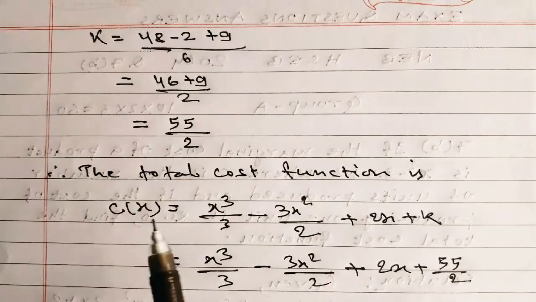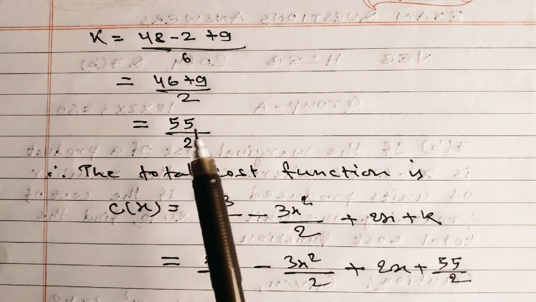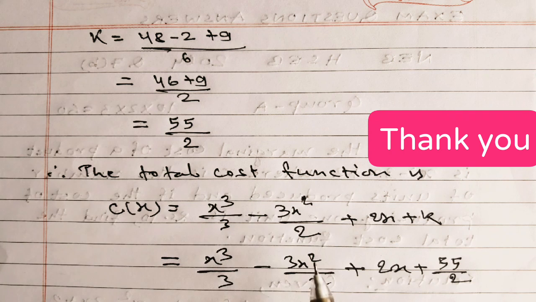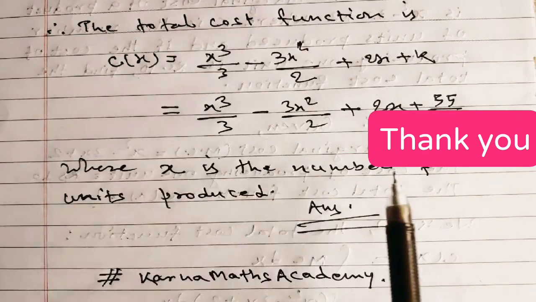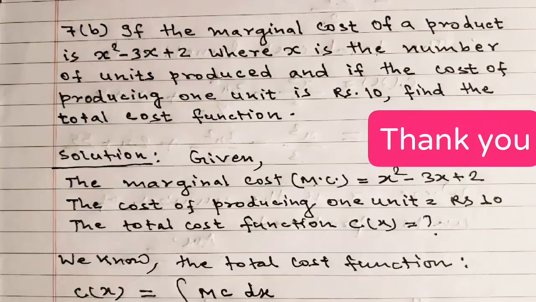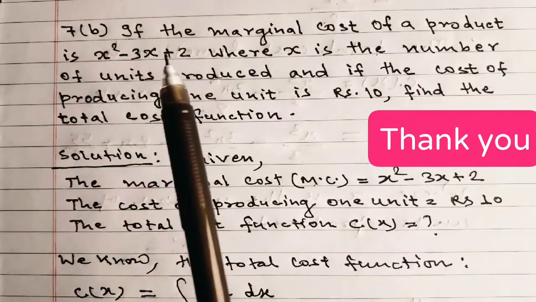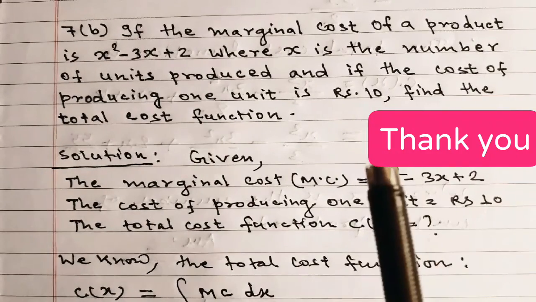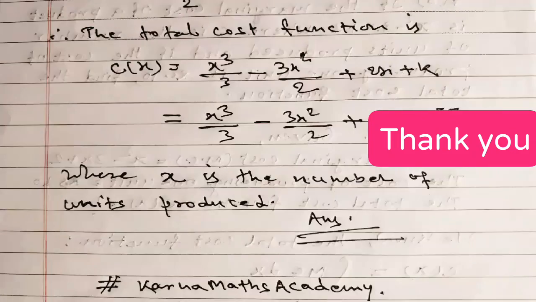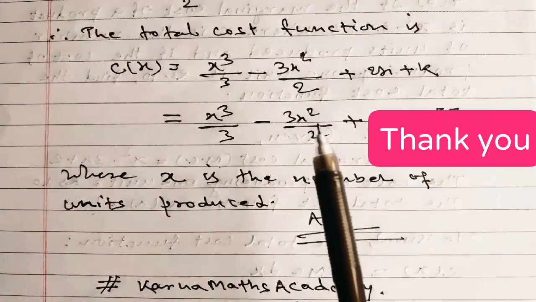Therefore, the total cost function is Cx equal to x cube by 3 minus 3x square by 2 plus 2x plus k. The value of k we have found is 55 by 2. So x cube by 3 minus 3x square by 2 plus 2x plus 55 by 2 is the required total cost function, where x is the number of units produced. So when the marginal cost of a product is x square minus 3x plus 2, and the cost of production of 1 unit is R10, then the total cost function, that means Cx, is equal to x cube by 3 minus 3x square by 2